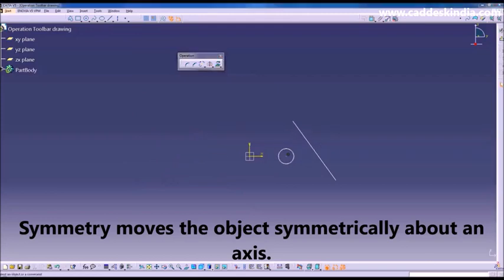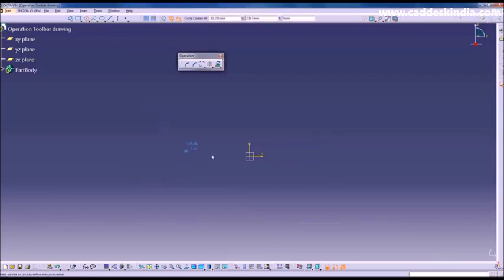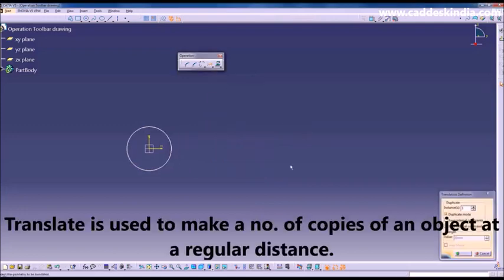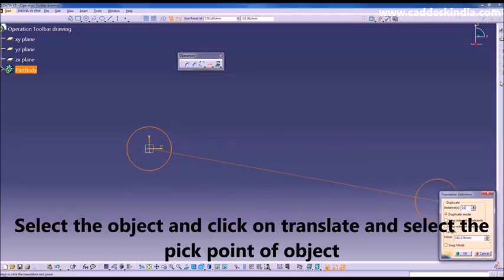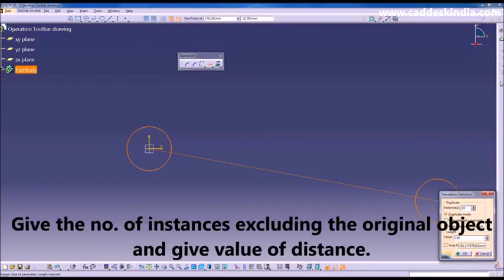The mirror, and the difference between a mirror and a symmetry is that mirror creates the copy, symmetry moves the element. Let's make a circle. Next is translate. Translate is to copy on a distance. Just select the circle, select the center point, give the number of instances to be 10, let's say, and give